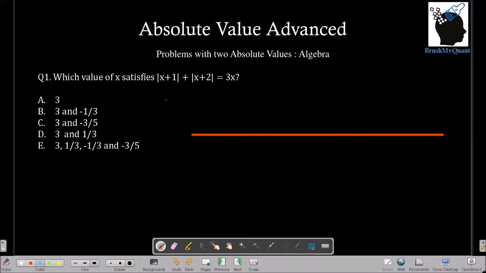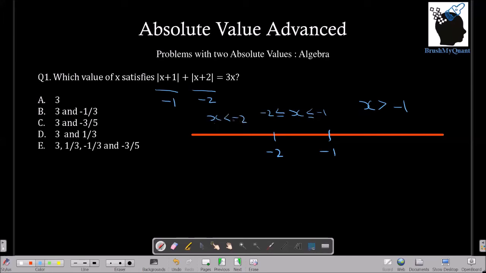So what we are going to do is assume this is equal to 0 and also this is equal to 0 and plot those numbers on the number line. So in this case, I'll plot -1 and in this case, I'll plot -2. Now the whole idea here is we need to check the entire number line, right? So we can take multiple cases. The first case can be x is greater than -1. Second case can be x lies between -1 and -2. And third case can be x is less than -2.